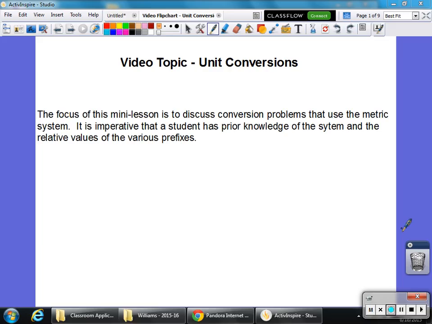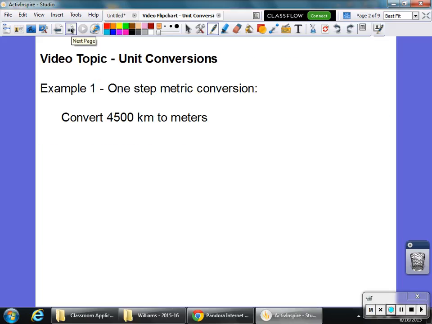The focus of this mini lesson is to discuss the conversion problems that are used in the metric system, and it is imperative that a student has prior knowledge of the metric system and the relative values of those prefixes. So if you are unaware of, for example, mega or milli or centi or kilo and what those values would mean, you need to refer to the chart that was given to you in class or that's in your textbook. What I want to look at today is 4 different examples